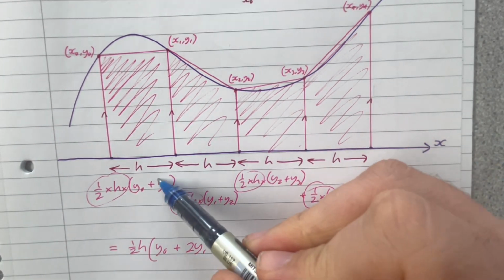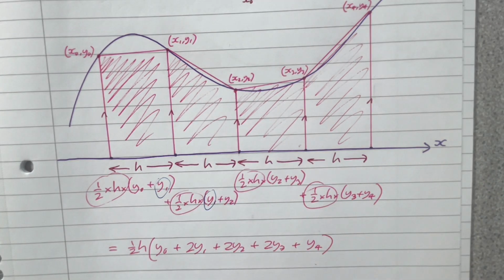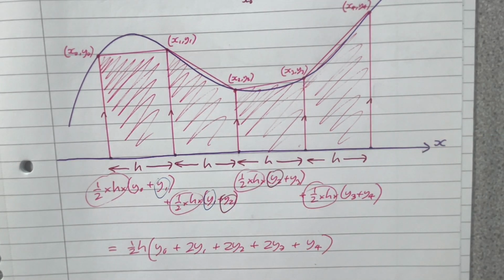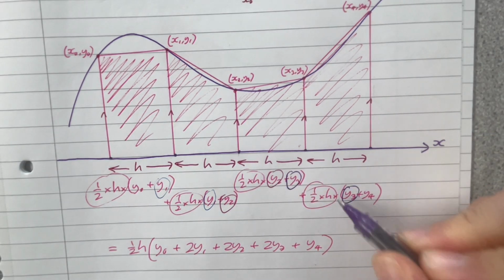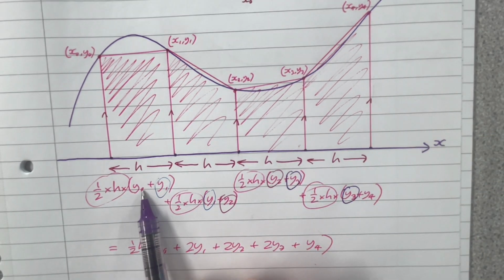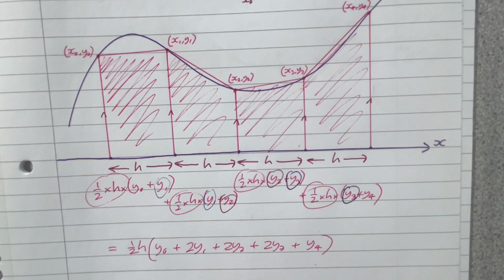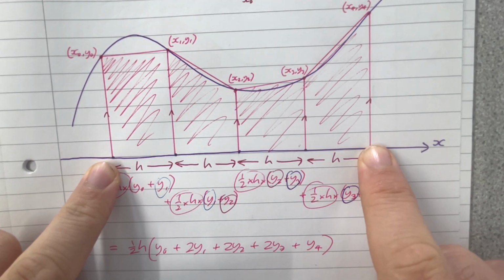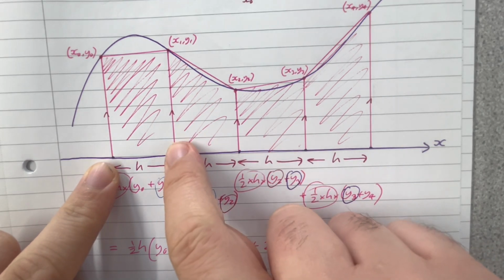Okay, we can see y1 appears twice because it appears there and there. y2 appears twice, it appears there and there. y3 appears twice, there and there. And then y0 and y4 both only appear once. And that's because these two edges are only used in one trapezium,